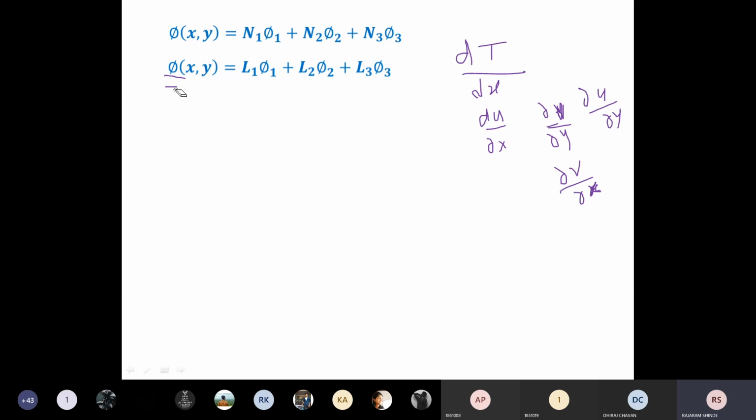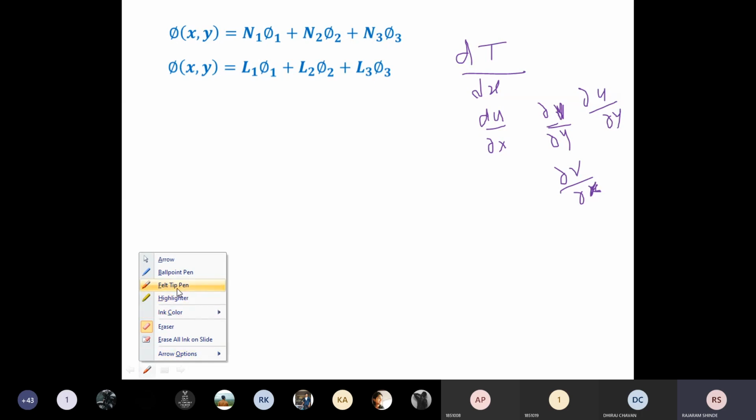See here, because here strain or thermal gradient, these we cannot write in terms of the natural coordinates. Okay, we have to differentiate it with respect to global coordinates, because it is not limited to the element, it is limited to the whole domain.